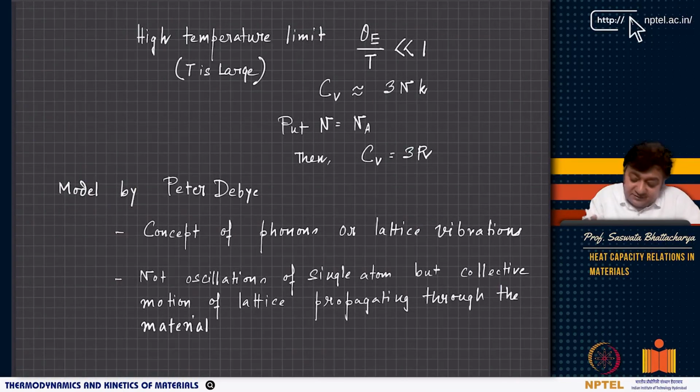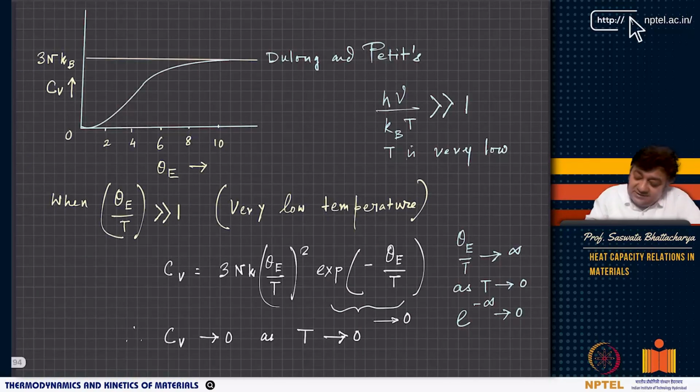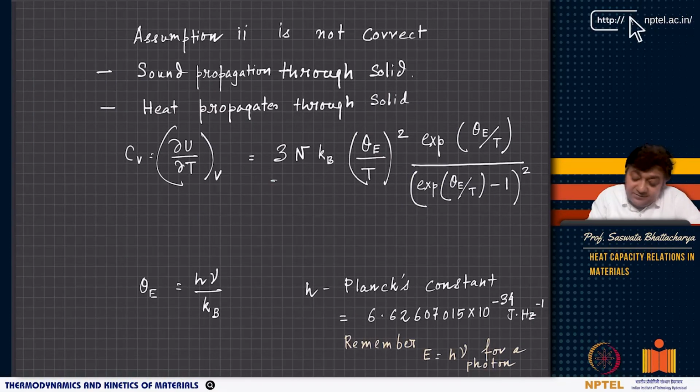You can try this, you can use this approximation, and you will find that Cv in such case at high temperature becomes equal to 3R. So, you understand. So, theta E by T less than 1, that means T becomes very, very large. If T becomes very, very large, you can show this, because as you know, e to the power x, you can write the series, and you can tell that, okay, if T is large, x is small, right, which is theta E by T. If T is large, x is very, very small. So, you do not go to x square, x cube and stuff.